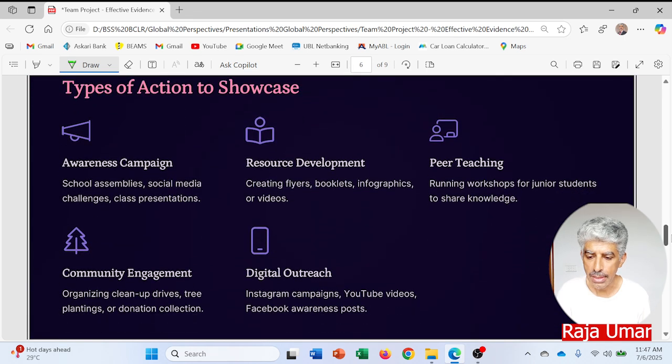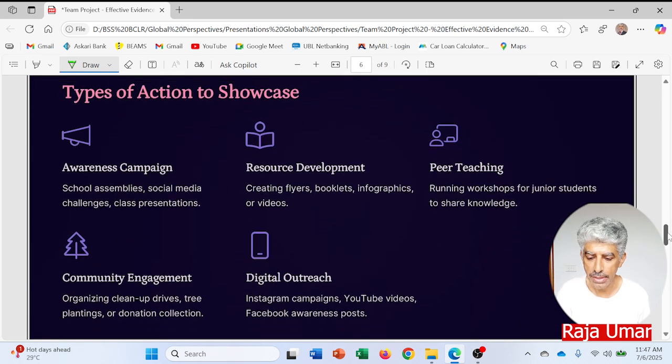So, types of action to showcase. Number 1, awareness campaign. School assemblies can be conducted, and certain photographs can be taken from that assembly to be put in that presentation. Then social media challenges, class presentations, social media campaigns, like as I told you, the Insta pages or the Facebook pages, and then the class presentations, as I have just shown you that the students were giving presentations in the classroom.